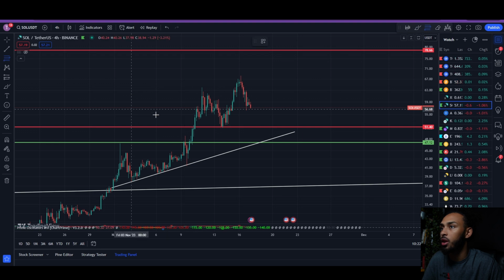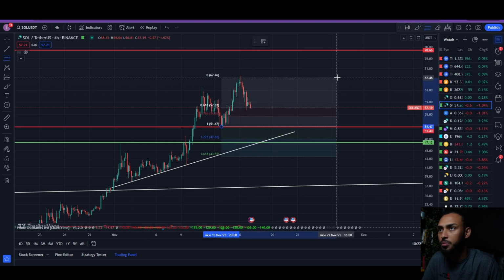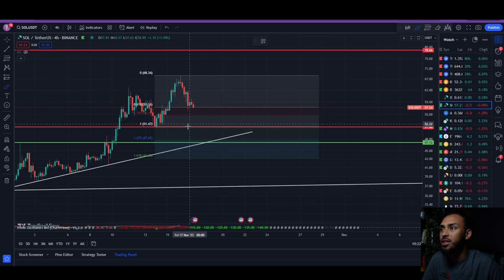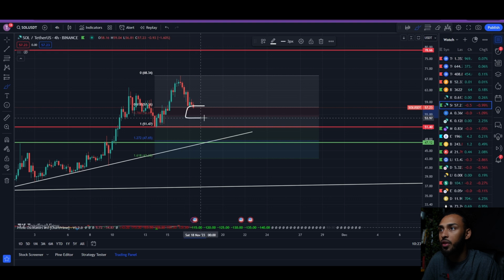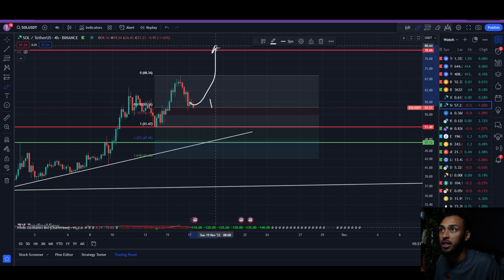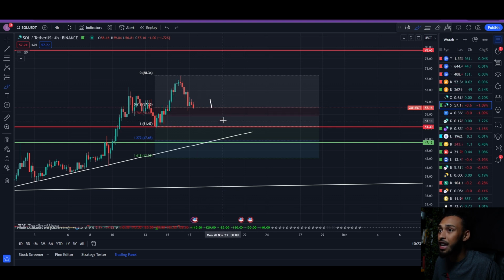First and foremost, we're going to draw out a Fibonacci from your most recent swing low, which was at $51, to your most recent swing high at $69. And what you can see here is that we have the 0.618 box between $57 and $54. This is step number one. If we bounce and hold on top of this level, we're likely going to make a continuation up to, in my opinion, $78. I think we're still going to be able to get up there. But if we fail to hold support on top of level number one, around $57 to $54, the last range that we have is